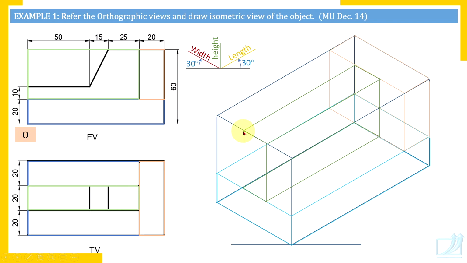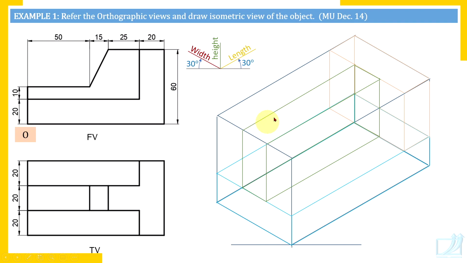In isometric view, we don't show hidden details. So edges of front surfaces, edges of left side surfaces and edges of top surfaces we are going to make dark. So this is how we're able to complete the drawing. Now watch it. This is the most important part of the drawing because these surfaces you are watching here are in different planes.